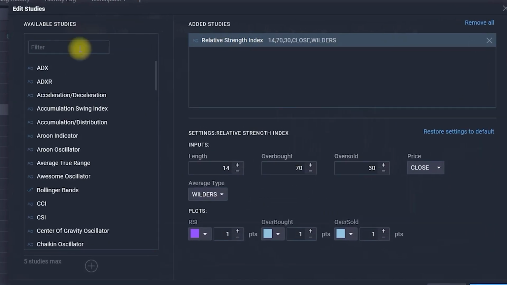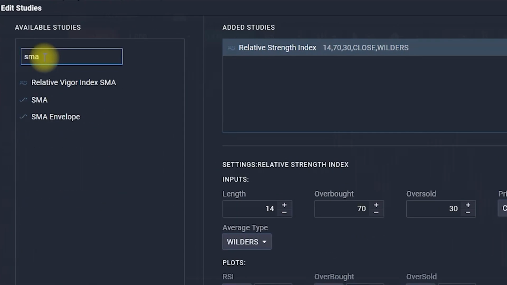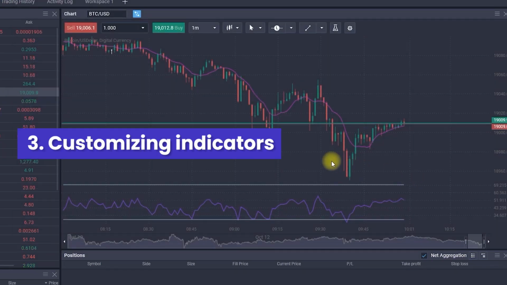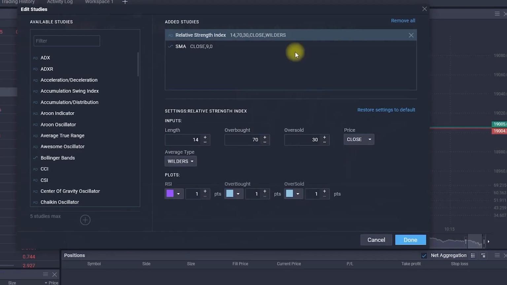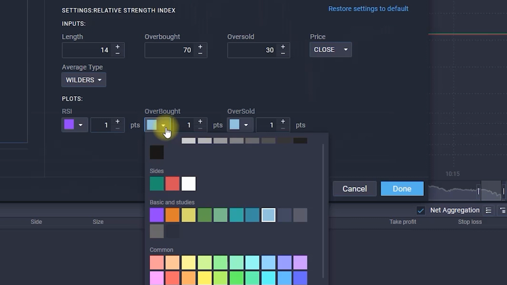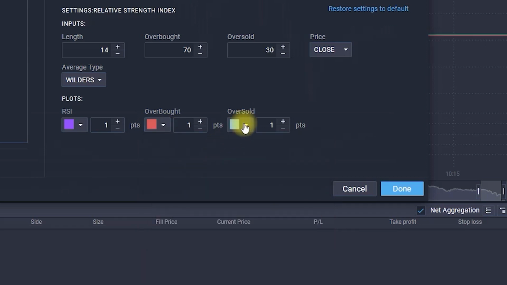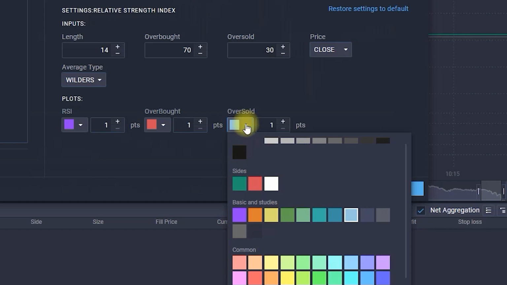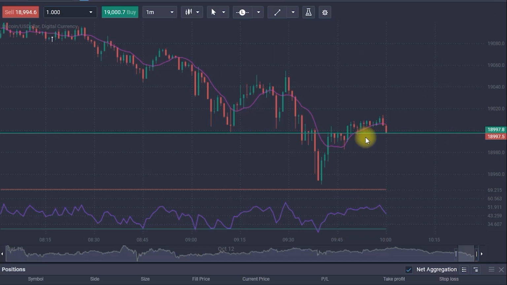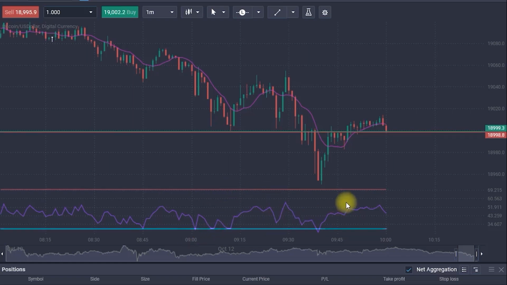However, we want to add a little bit more. So we are going with a moving average, SMA, standing for simple moving average. Double click again and adding it to the chart. And I could now customize those indicators as well. If I go back to this menu, for example, on the RSI, I want the upper band here to appear in red, the overbought zone, so to say, and the oversold zone I want to appear in green. If I do so, you can see now my line here at 70 is in a red color, my line at 30 is in a green color.